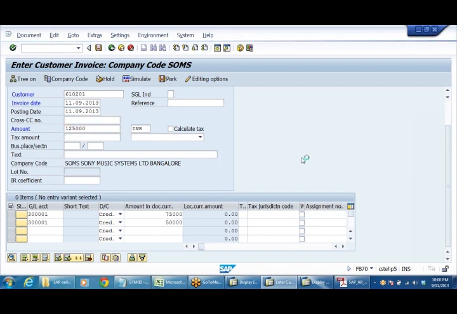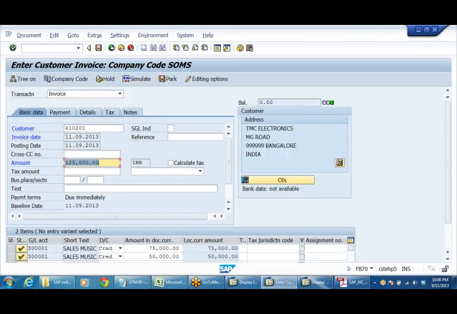Press enter. Yes, you can simulate and see the entry.